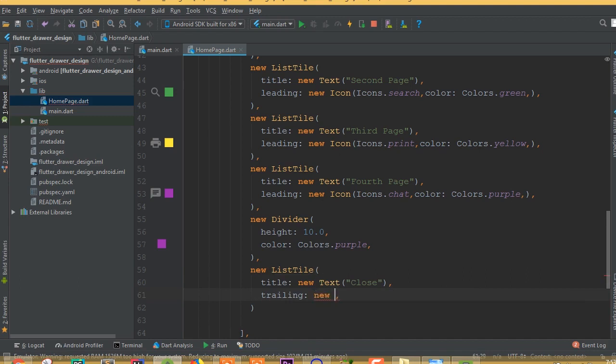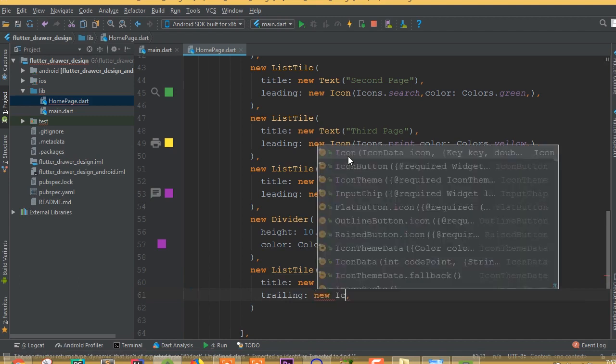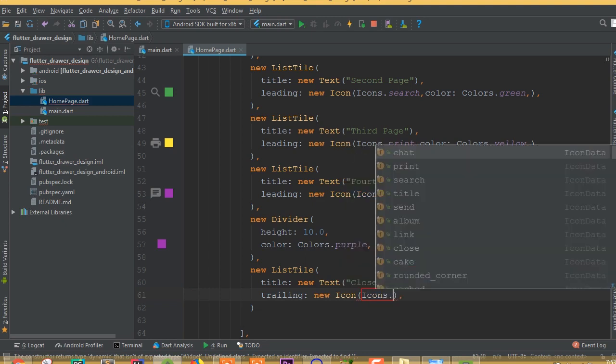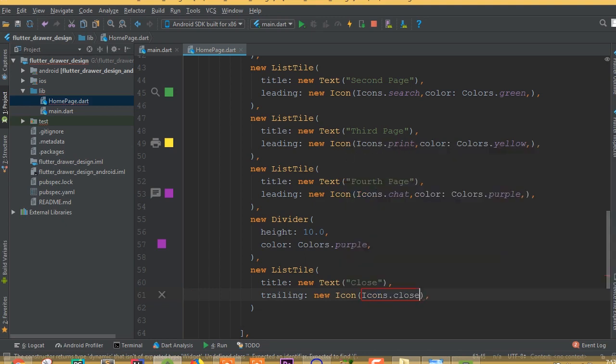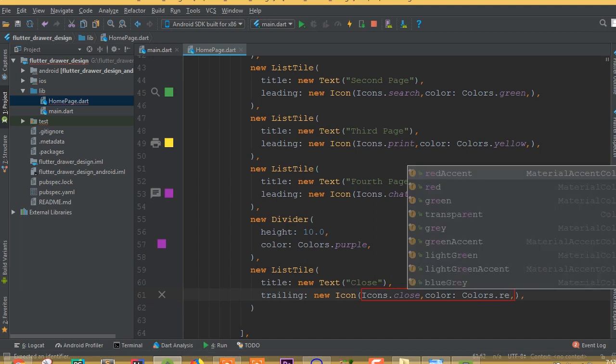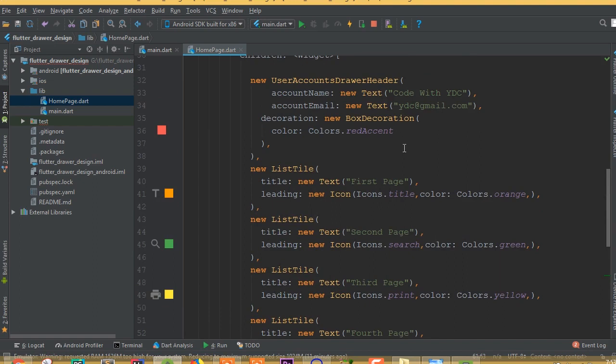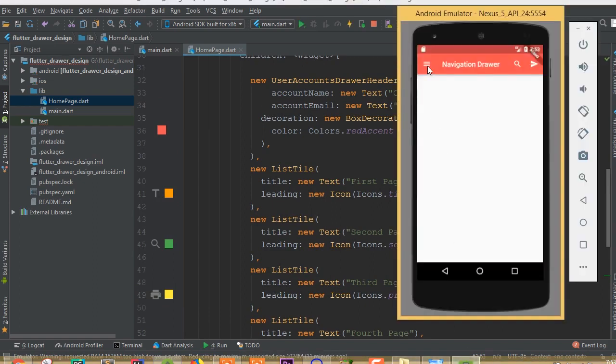And this time I would like to choose a trailing icon for the close button. So new trailing is an icon, and the icon is going to be Icons dot, I can choose close. And for the close icon, the color is going to be Colors dot red. So alright, now I think we are all done. Now run this application. So do hot reload,